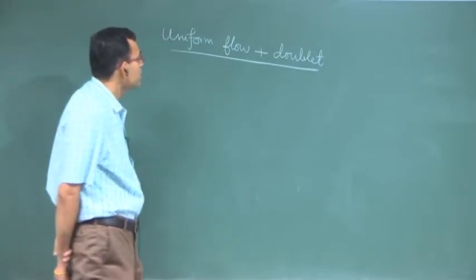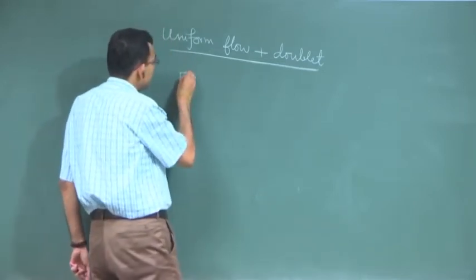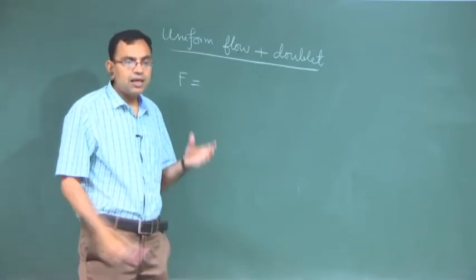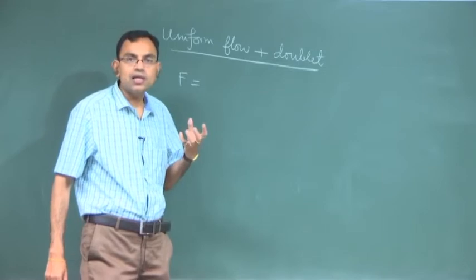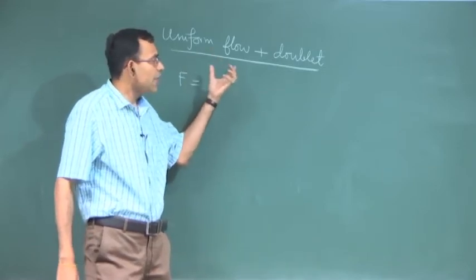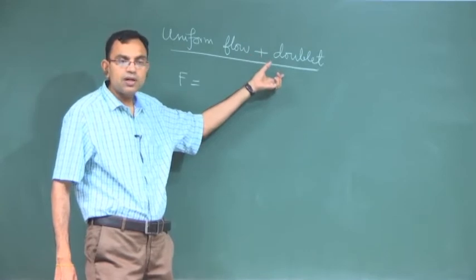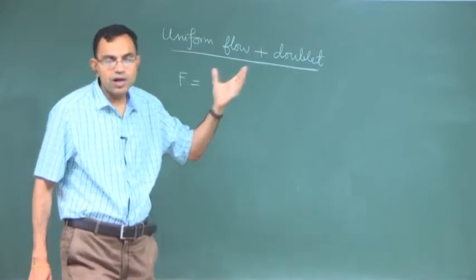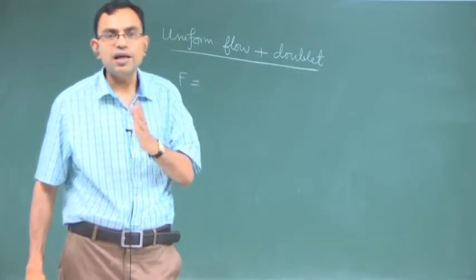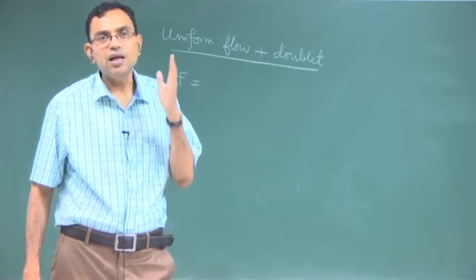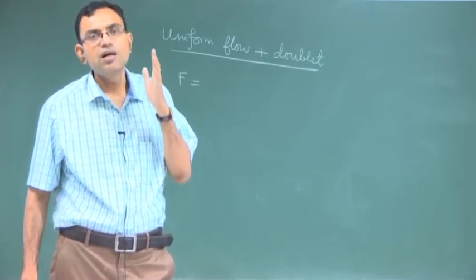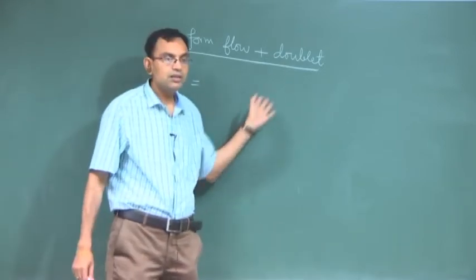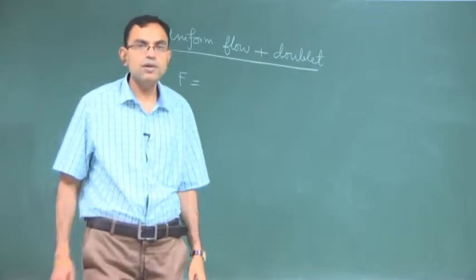To do that, we will write the complex potential, and this is the great advantage of the linearity of the problem: if F equal to F1 is a complex potential for uniform flow and F equal to F2 is a complex potential for a doublet, then for the combination the complex potential is F1 plus F2, because F is phi plus i psi, and phi and psi both satisfy the Laplace equation, which is a linear second order partial differential equation for this 2-dimensional irrotational flow.